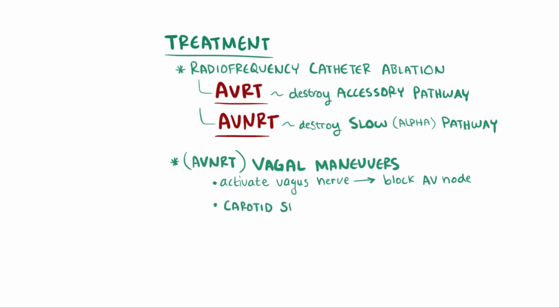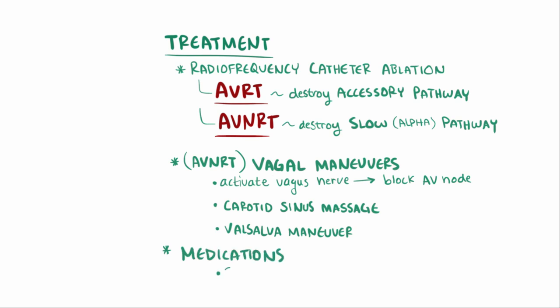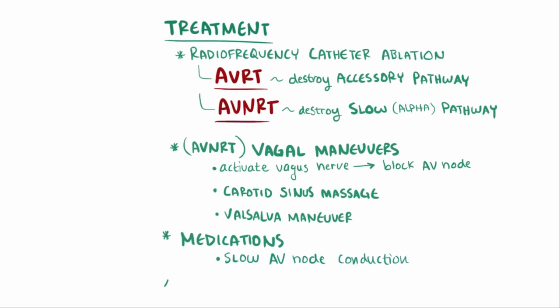Some methods include a carotid sinus massage as well as a Valsalva maneuver, which is forced exhalation against a closed airway. Also, they might use medications to slow AV node conduction. In rare cases where other treatments haven't been effective, though, they might need cardioversion,